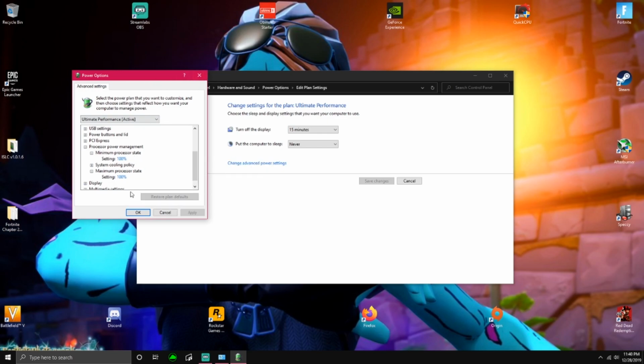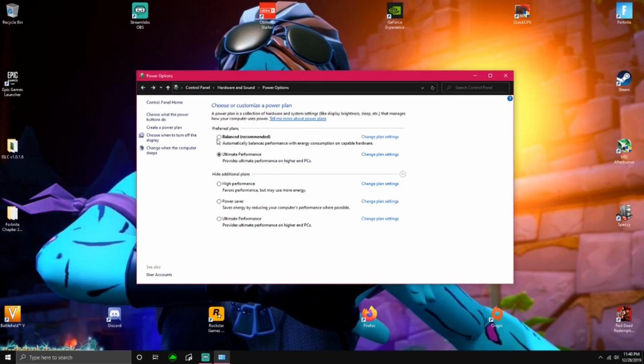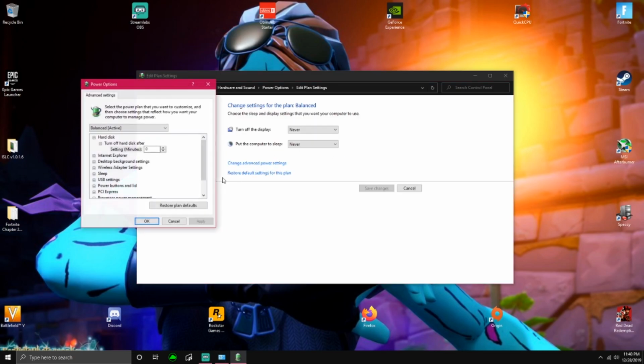If you do put it to 100% and you realize that your CPU is getting too hot or your GPU is getting too hot, this is what I recommend doing. I'm going to go back to my balanced power plan because I think I had the settings for this already. Change additional power settings. I'm going to go to processor power management. Minimum is at 10% and the maximum is at 80. So I'm actually going to go ahead and do that for the